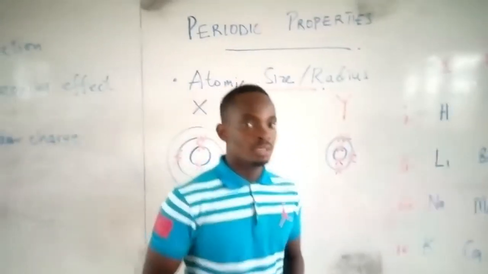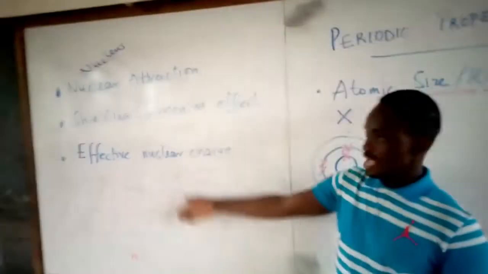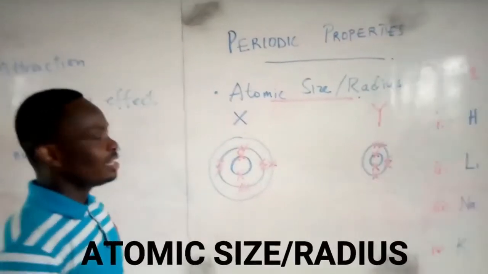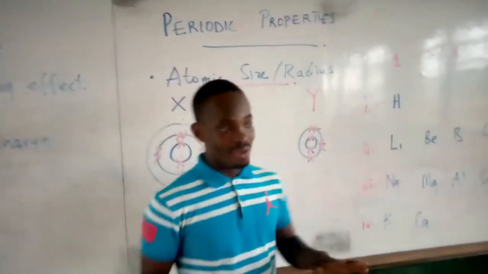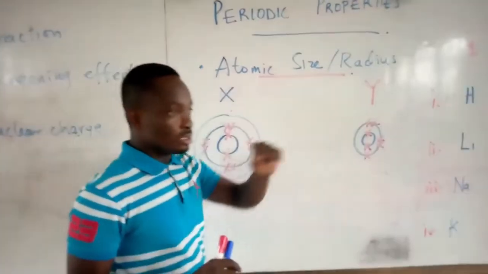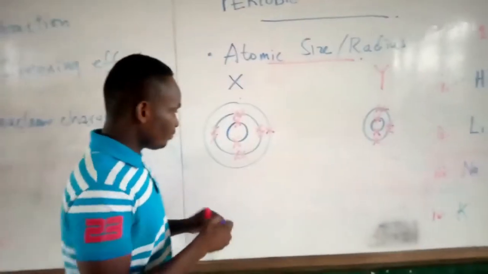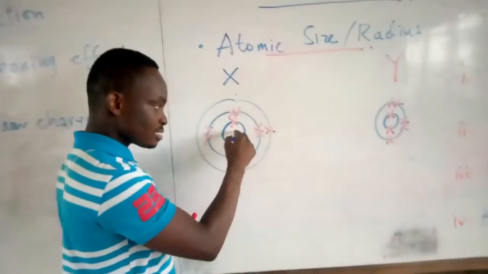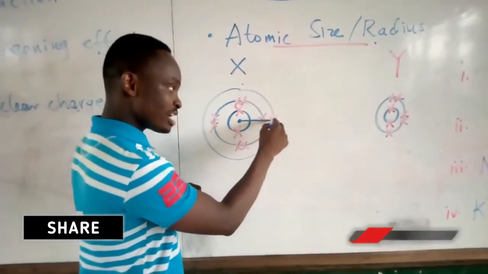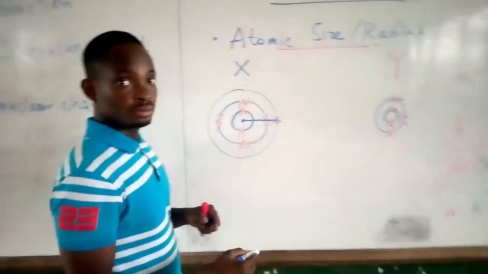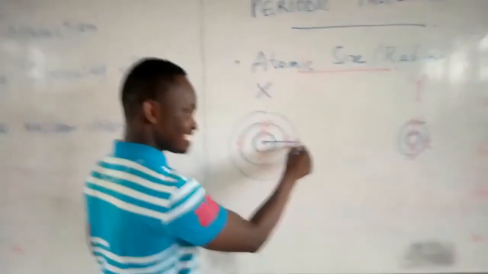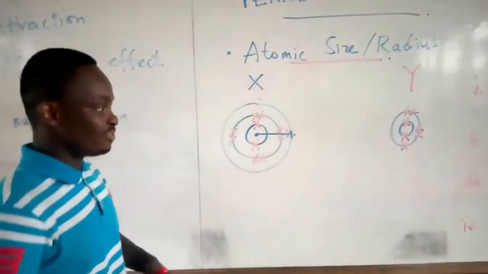Alright, so from our basic understanding here, we look at what atomic size is. As I said, you have the definitions already, so I will explain the concept. What's atomic size or radius? We're looking at the distance between the nucleus of that element and the outermost shell electron. So the distance between the nucleus and the outermost or the last shell, the last electron, the valence electron.